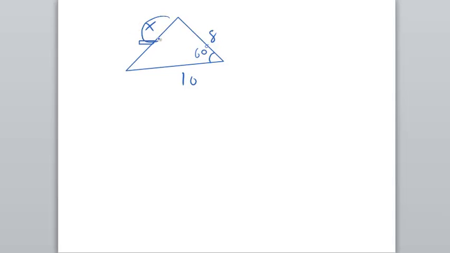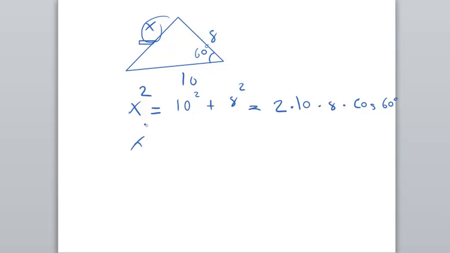Now we are searching for x. Look, this is opposite, you see. So x square is equal to 10 square plus 8 square minus 2 times 10 times 8 times cos 60. So x square is equal to 100 plus 64, 8 times 8, yeah, 64, minus